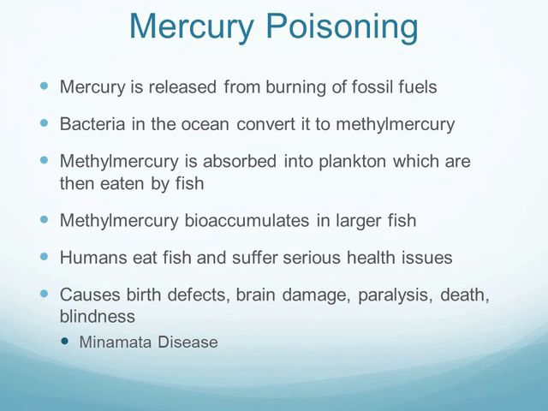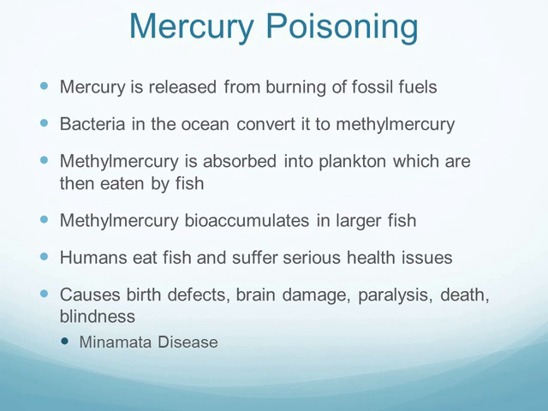Now let's talk about mercury poisoning. I think you guys have all heard of the effects of mercury if you eat too much fish. A good example is the Minamata disease that happened in Japan. In a town called Minamata, which lived on the coastline of a bay called Minamata Bay, there was also a chemical plant whose byproduct was mercury. And so it produced methylmercury.